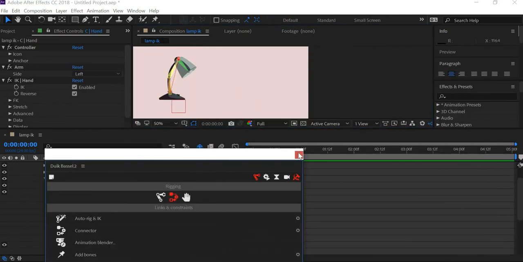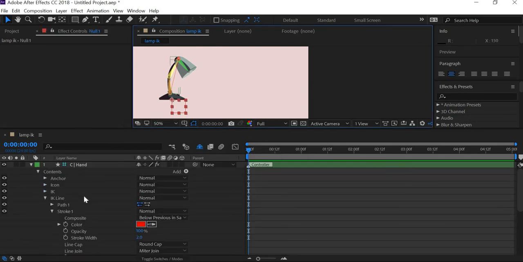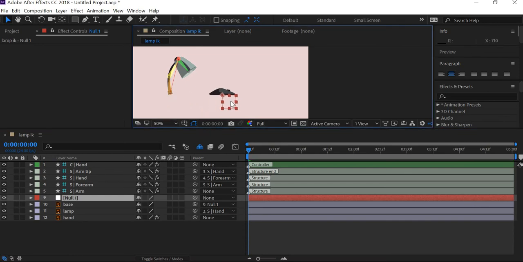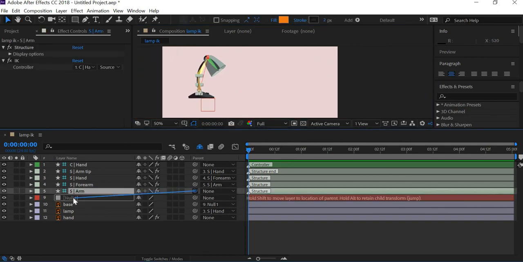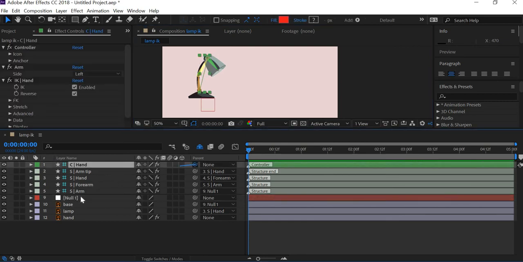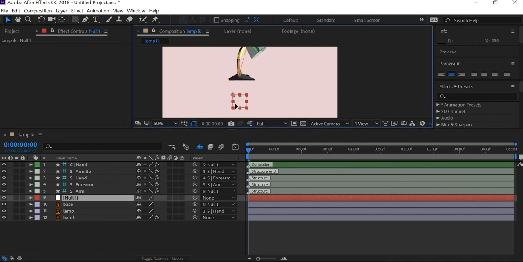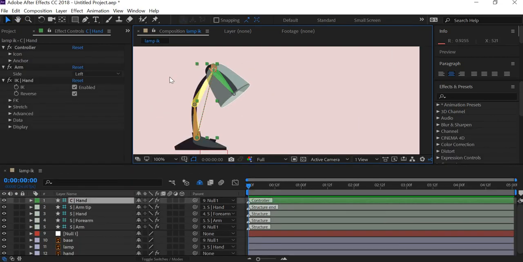We'll get a handle. Now if I select the base, now only base is moving. So for some reason, when you create the IK rig, the arm loses its control over the null. So we'll relink that. And now the only thing remaining is the control that has to be connected to the null as well. So now our null becomes the main element that has to be animated, and the hand, this control,